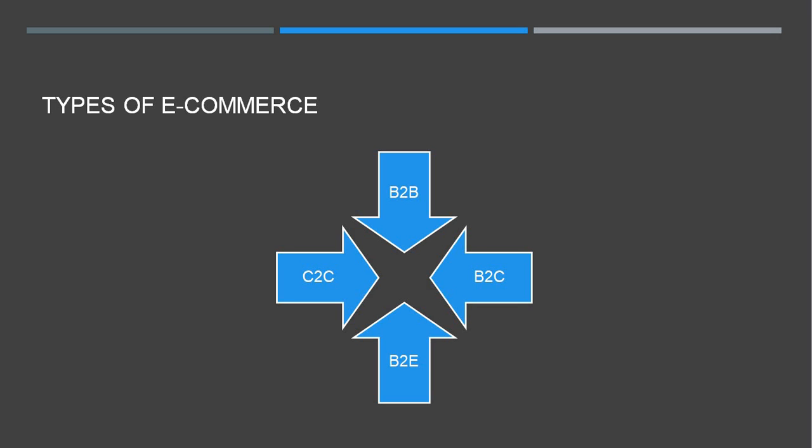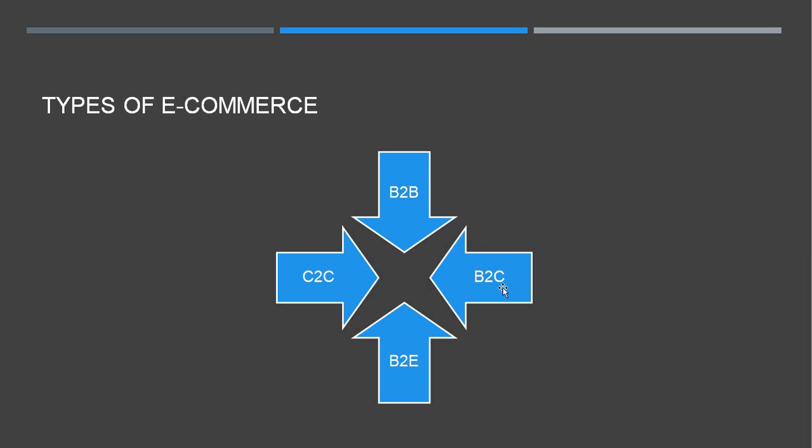And this model defines that the buyers and sellers are two different entities or organizations. When you match the scenario, it is like the manufacturer issuing the goods to a retailer or a wholesaler. If I were to state an example of B2B, you can state Walmart, which is a very big company which issues goods to other retailers and wholesalers online. And when it comes to the second case, which is